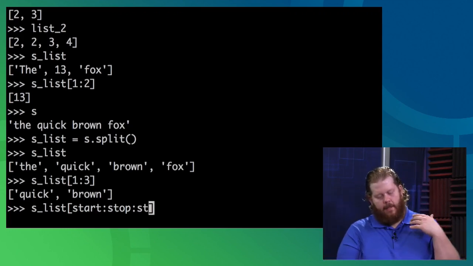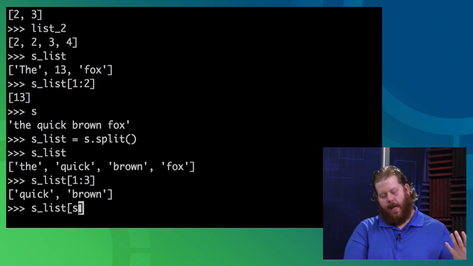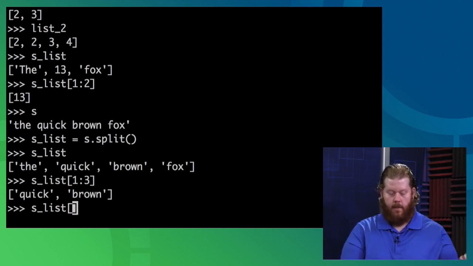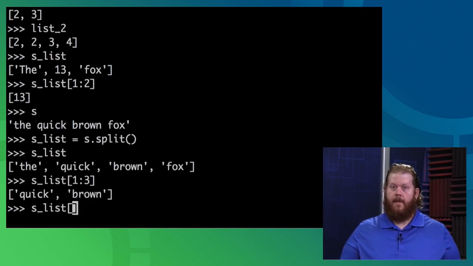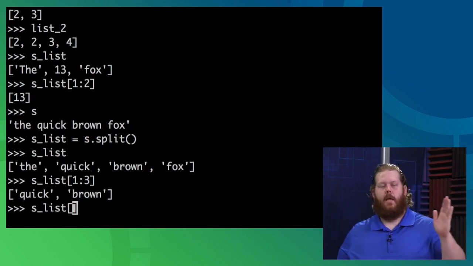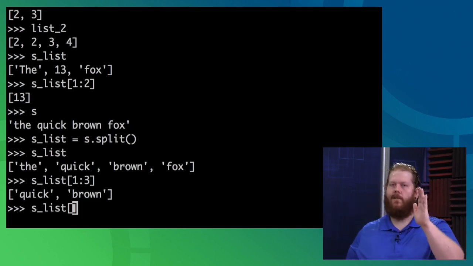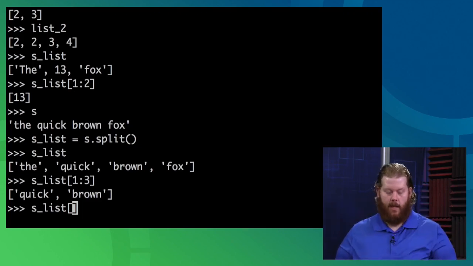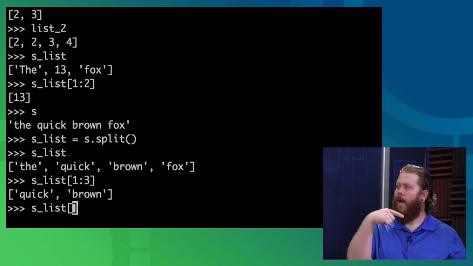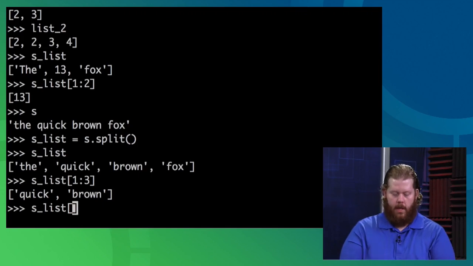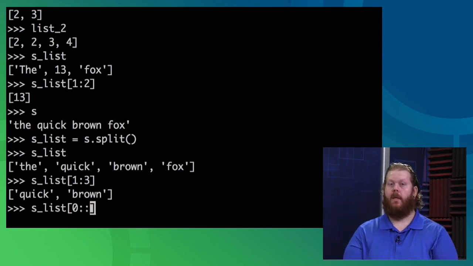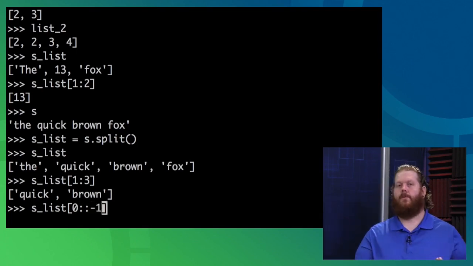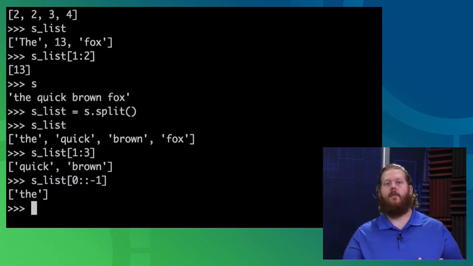Now, one final thing about accessing lists, either with start, stop, step, or just individual elements, I'm starting from the beginning and iterating through kind of behind the scenes to the end. I can start at the end and go backwards. I can say, I want from 0 to the end. If I leave this out, it automatically jumps to the end, but I want to go backwards. So now,